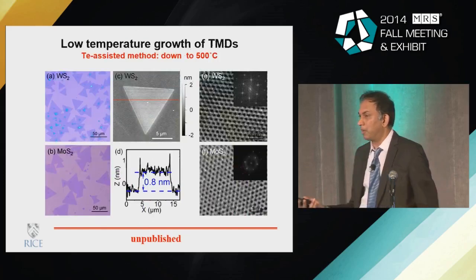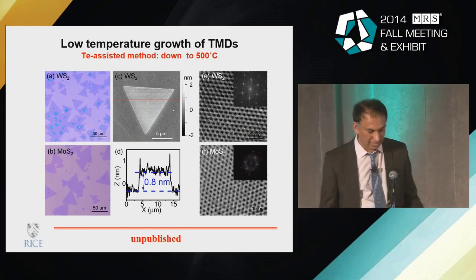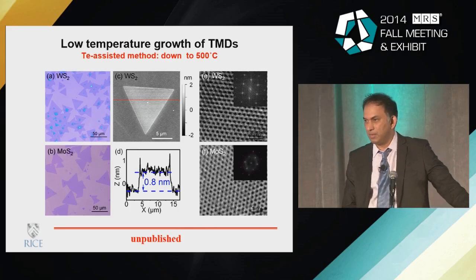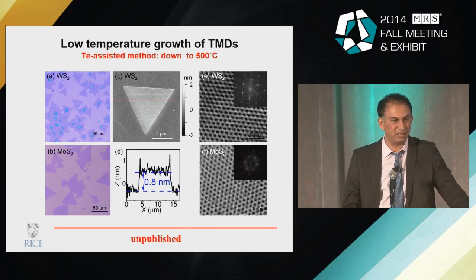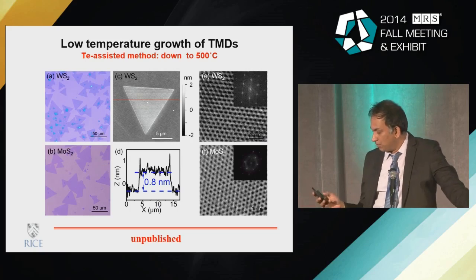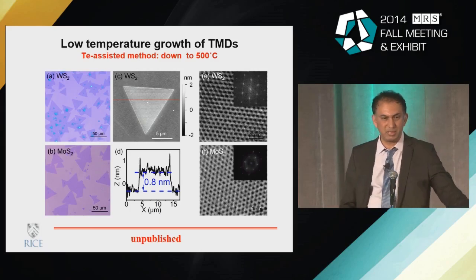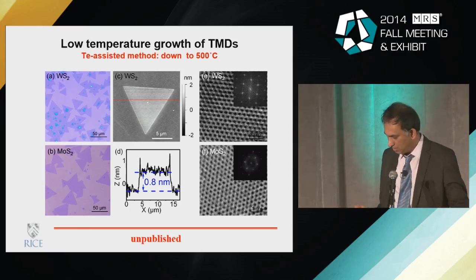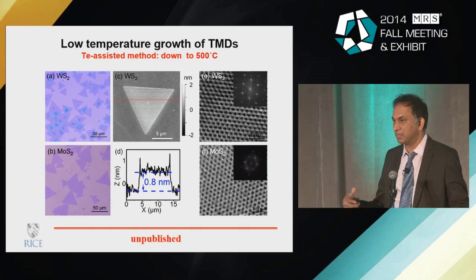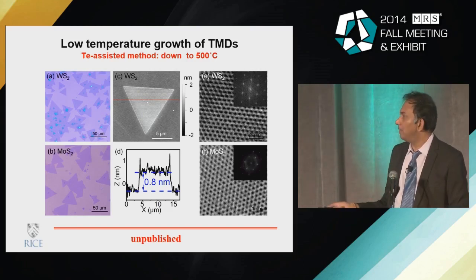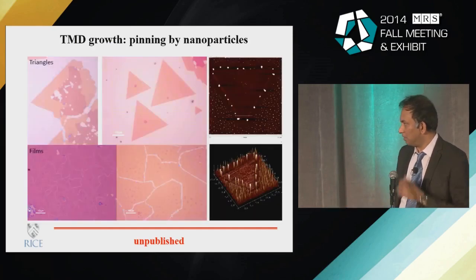Now, one of the problems with a lot of this growth is that it is done at very high temperature. If you're thinking about using this for electronic platforms, those temperatures are too high, 800 degrees and above. But we have also been seeing some positive trends where you can decrease the growth temperature by introducing some other elements into the picture. Again, there's always a danger of some of these elements getting doped into the layer, and that could create issues as well. But nevertheless, I think it's interesting that you can manipulate the growth processes to some extent.